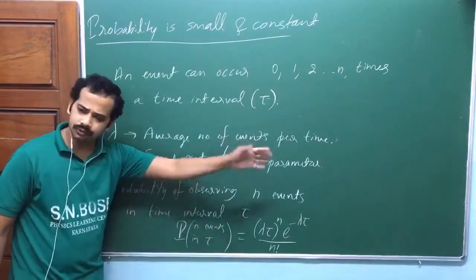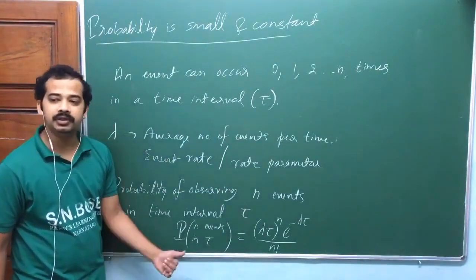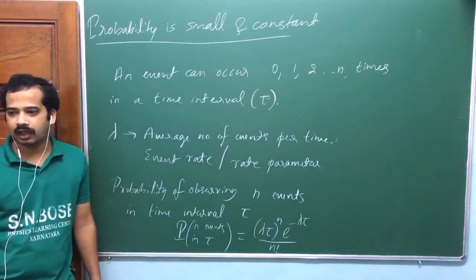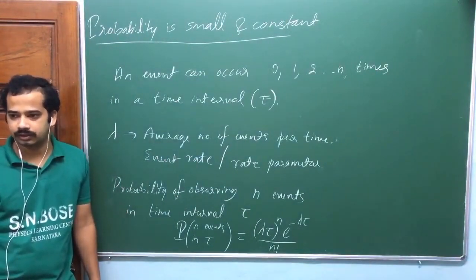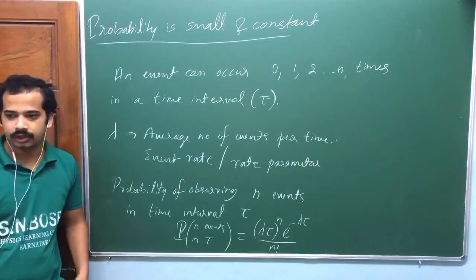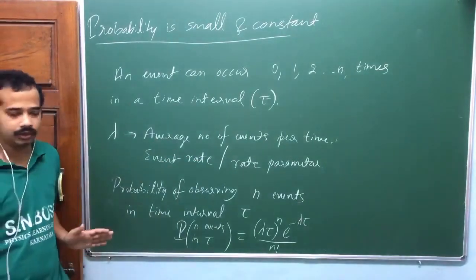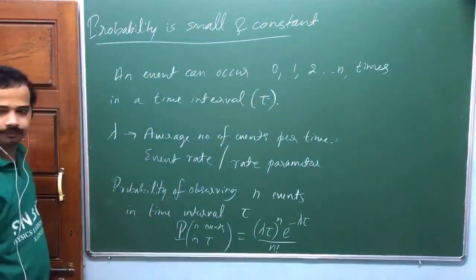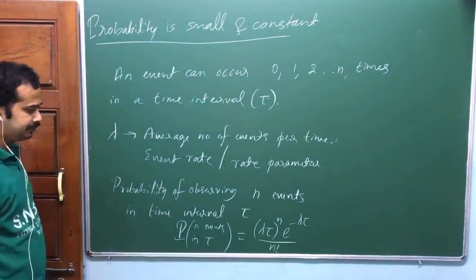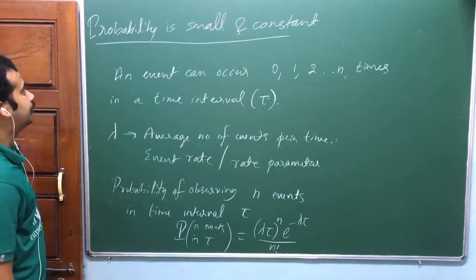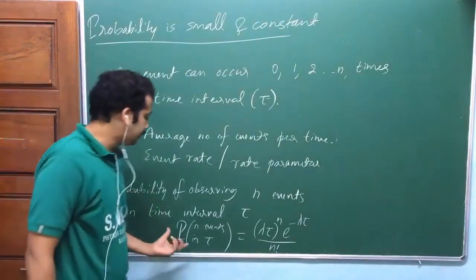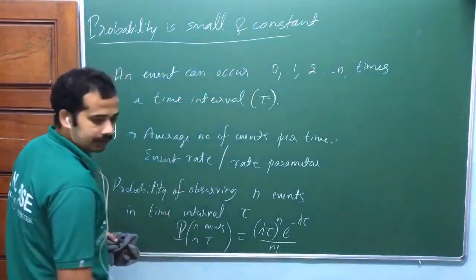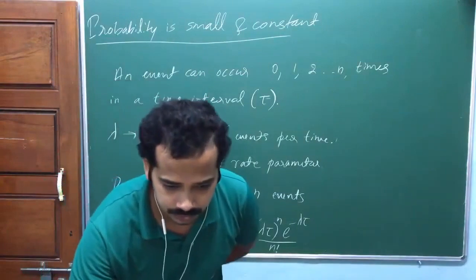To experience this one, you have to go for number of trial. How many trial you need to do? If probability is too small, obviously you need to go for very high number of trial to show that one, isn't it? It's a very obvious fact. So that's a different story. From binomial distribution, approach is different. So this is the basic definition of Poisson distribution. Is that okay? So we apply this one whenever the probability, whatever we are talking about, is small and constant. Now we shall apply this one for some particular situation.